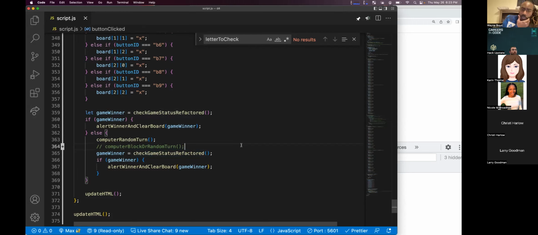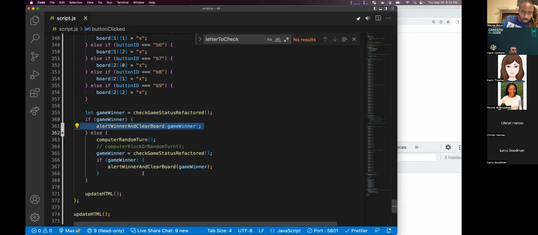Oh, Max, I'm getting a winner not defined. Do you have this stuff at the bottom? Like all this? Yeah, it moved up into alert. So this alert winner and clear board is a new function. We refactored this code because we had all of our set timeout stuff twice.